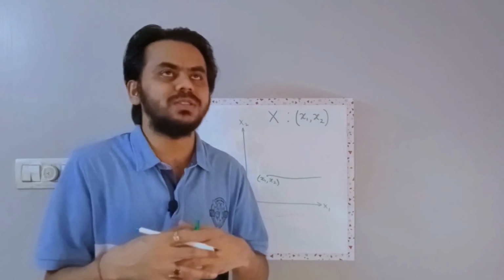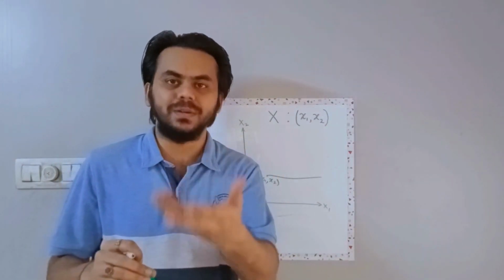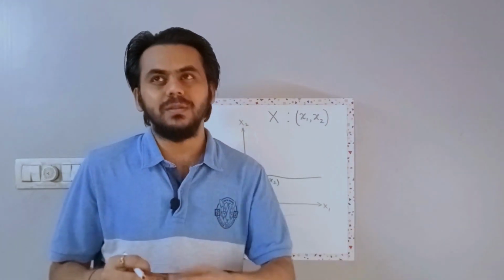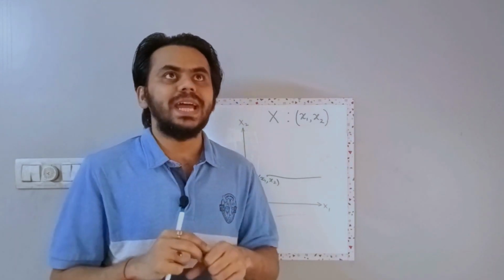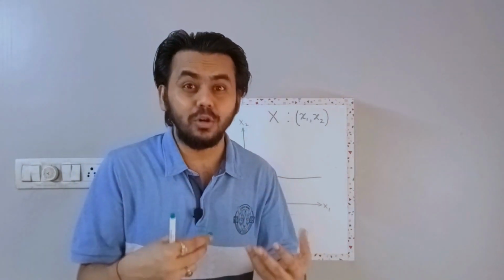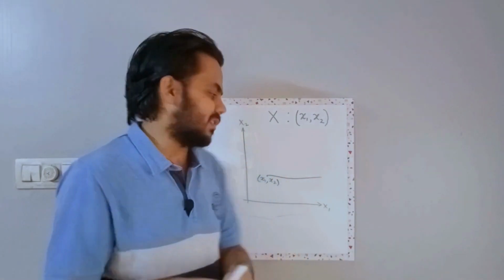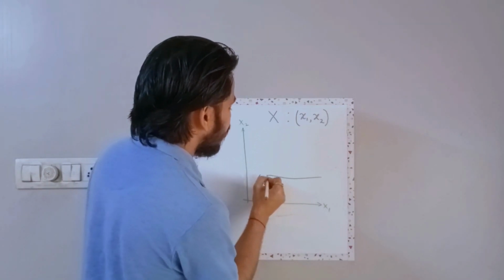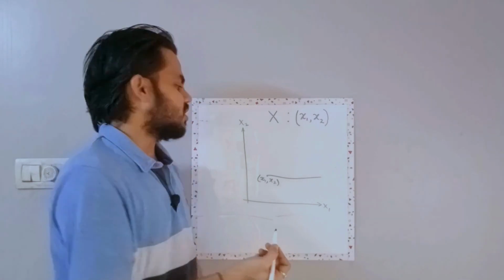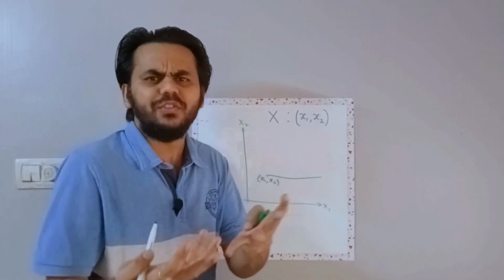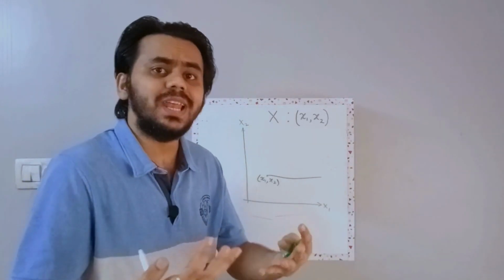Because they are complements. Because if I, let's say, give you 2 pens and 100 units of paper, maybe your 2 pens will be exhausted in those 100 units of paper, and if I give you more paper or more pen, obviously you will not be able to use the pen or paper respectively, right? So if I give you more of good one and do not give you good two, in that situation you will be indifferent, because you'll not be able to use more of good one, because you need more of good two as well along with it.